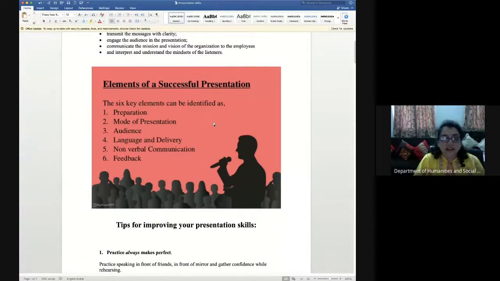The second point is that you have to make the outline or the framework of what you are going to speak. For that framework, you jot down the points: I will first give the introduction, then I will come to the main points, and then I will try to explain the issues and the solutions, or the explanation which is required through audiovisual aids like graphs and diagrams. So I will put diagrams and graphs so that it becomes clear to the audience. So the outline or the framework is also given.